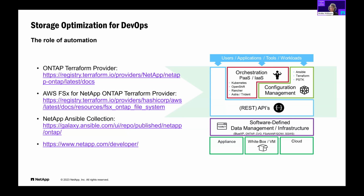You cannot realistically support any enterprise software development environment without key automation, well running, well supported, standardized automation. And so you may all be familiar, we have lots of automation assets available. We obviously have REST API support. Some of you are familiar with ZAPI. Hopefully everyone is off of that and into REST now. There are lots of ways to streamline and automate your ONTAP systems, but I do want to call out a few